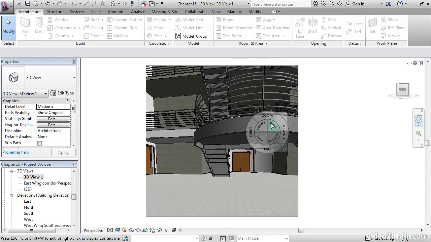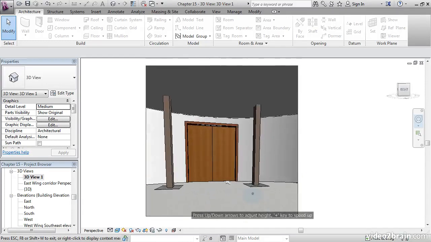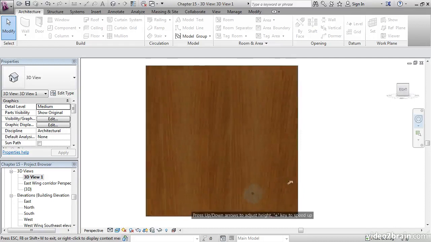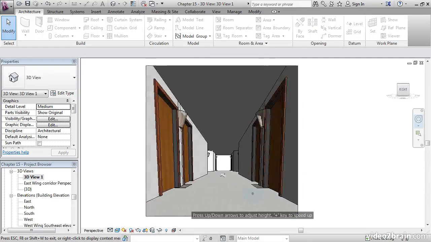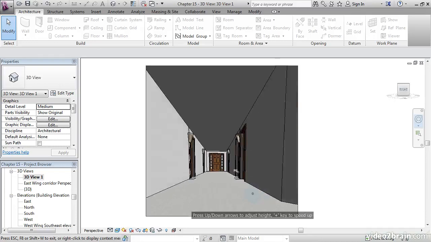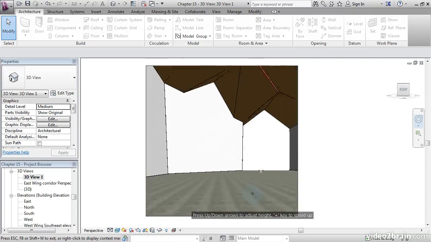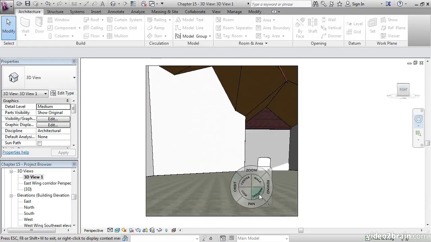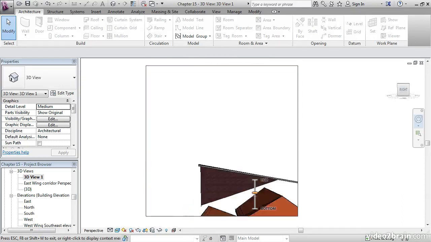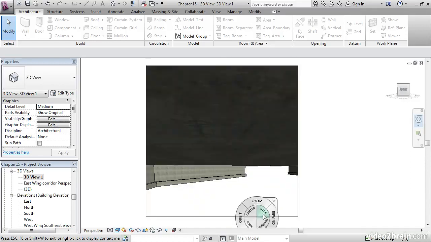If we take a walk through the building, got some exposed columns, got a couple elevator shafts, nice long corridor to practice putting wall sconces and doors in, practice beveling walls, practice odd doors. We come through here, this is the link, practice on doing roofs, all kinds of different roofs, foundation systems,